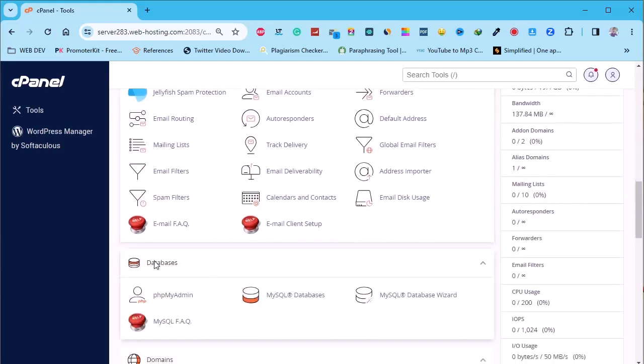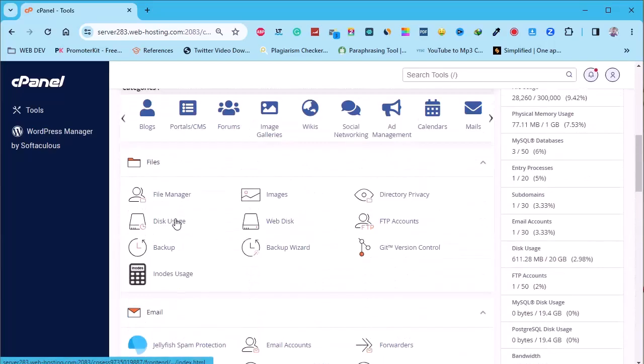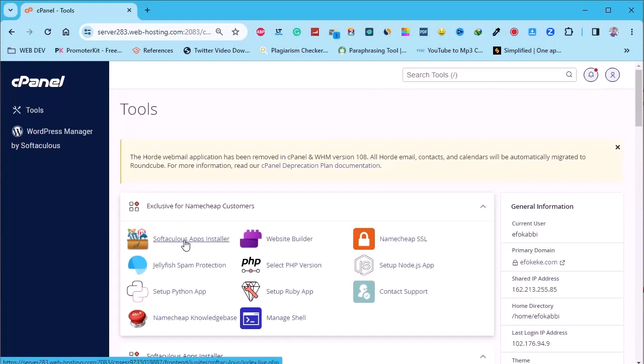And when you come down here too, there's another one here, WordPress Manager by Softaculous, and you can use this one too. For me, I'm familiar with this, and I'm good to go with the Softaculous app installer. So let's use this one in installing our WordPress. So you click on it,